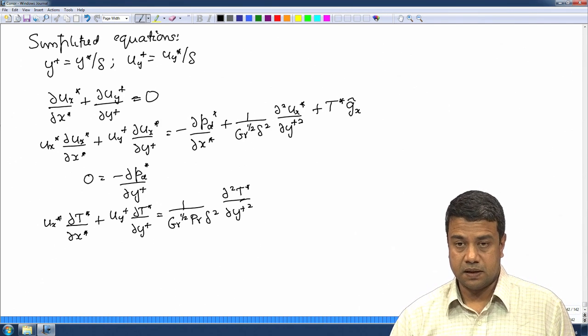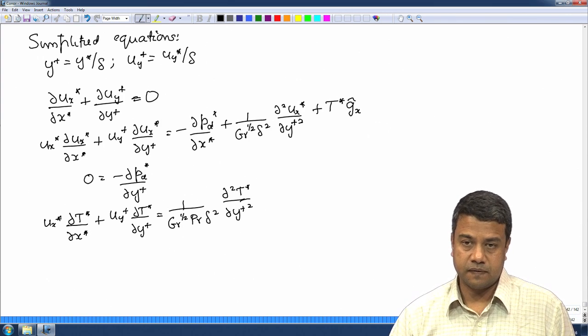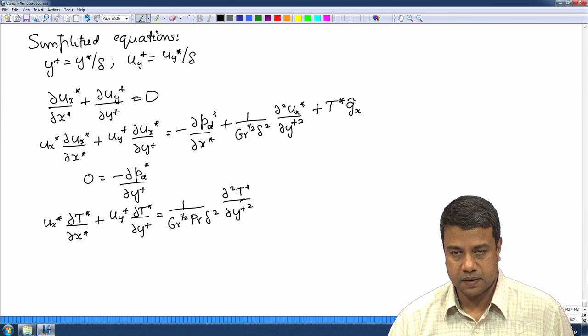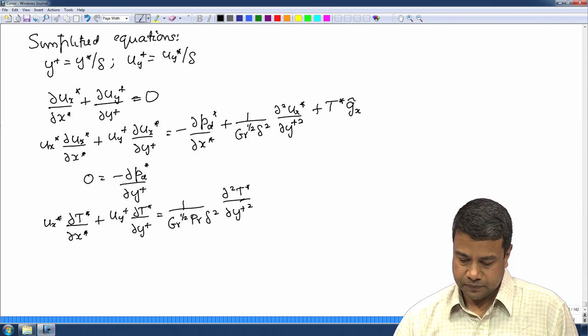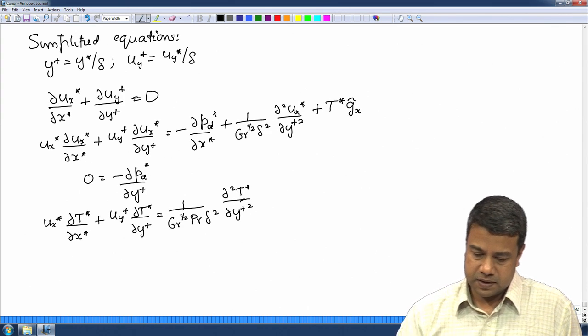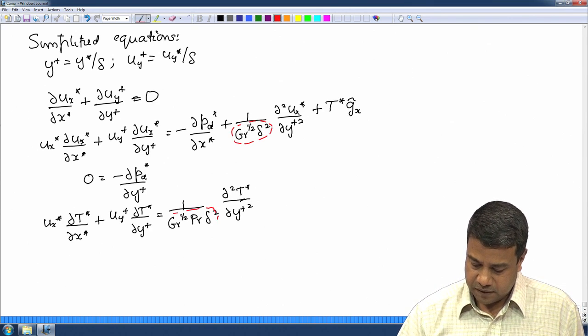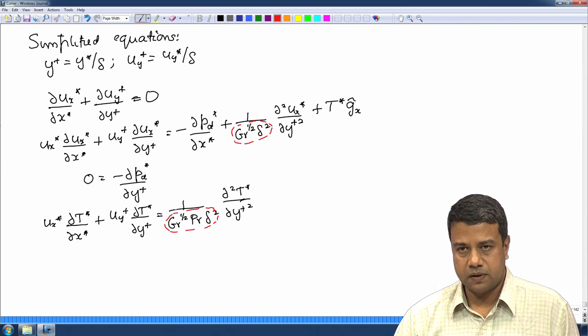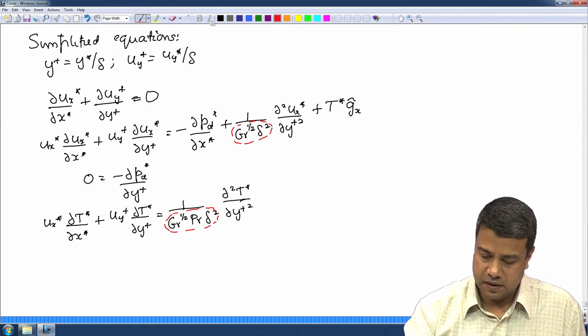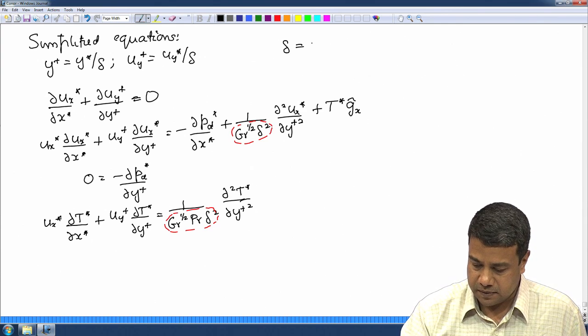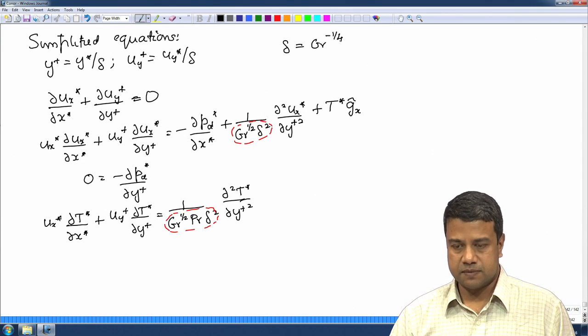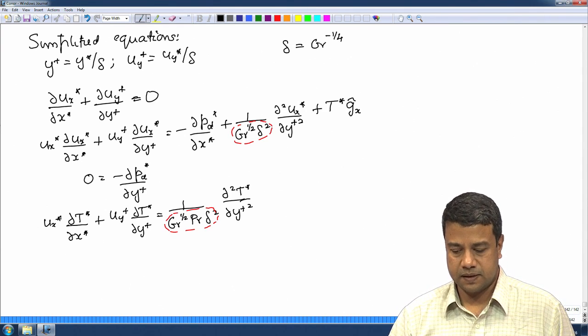y plus is the similarity variable, the equivalent of eta that we had in the forced convection problems. In these equations, delta appears at two places. Convection and diffusion will be of equal magnitude in the limit of high Grashof number only if delta is equal to Grashof number to the minus 1 by 4. So, that delta square times Grashof number is equal to 1. So, if I choose the boundary layer thickness delta is equal to Grashof number to the minus 1/4,